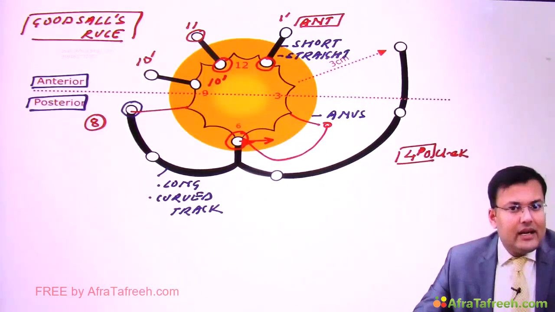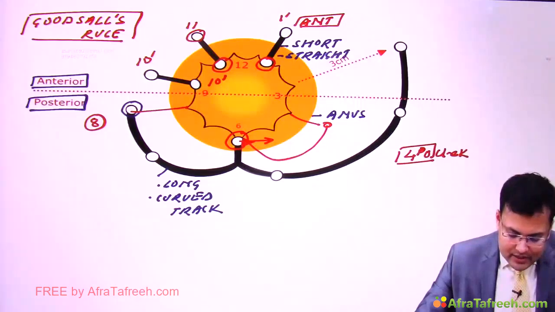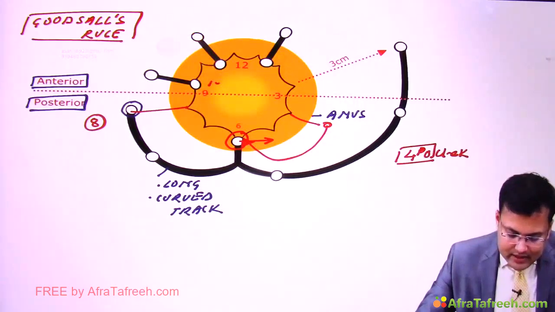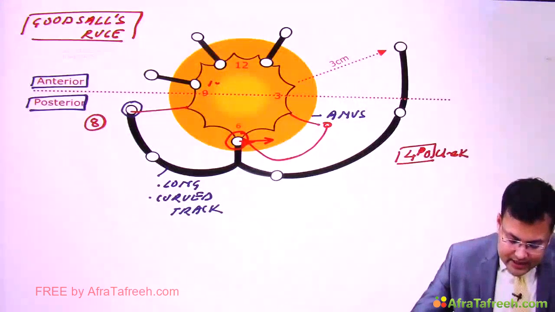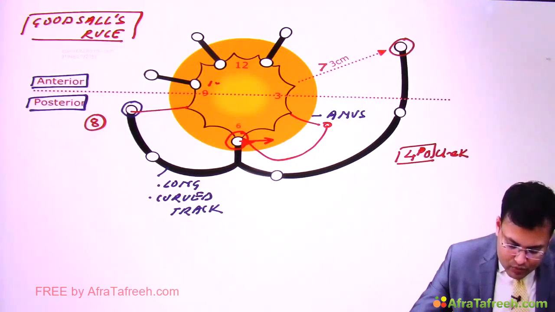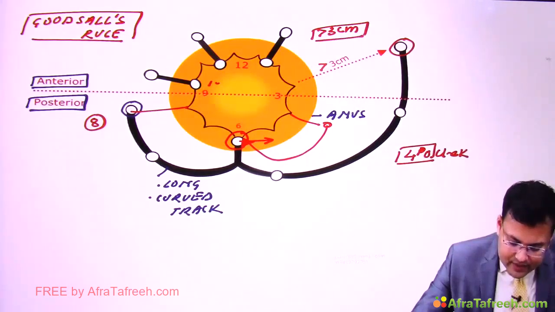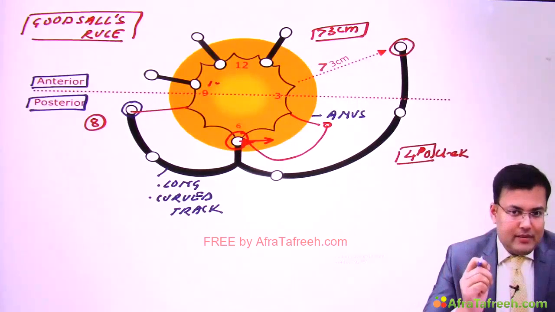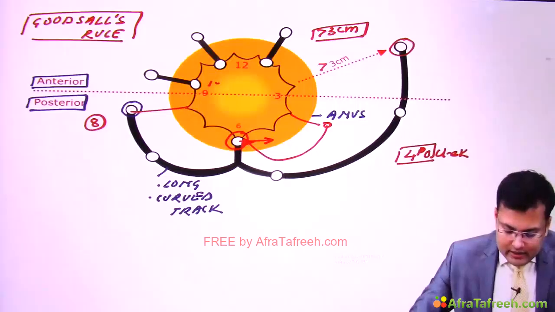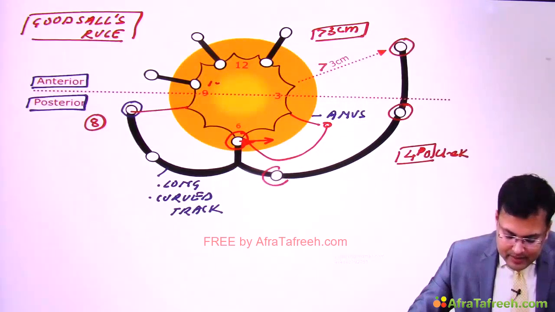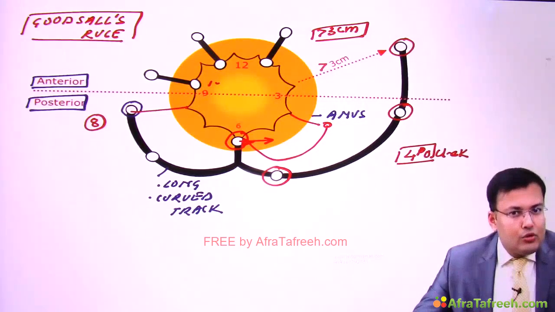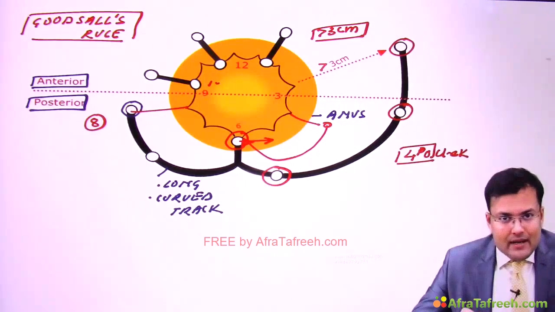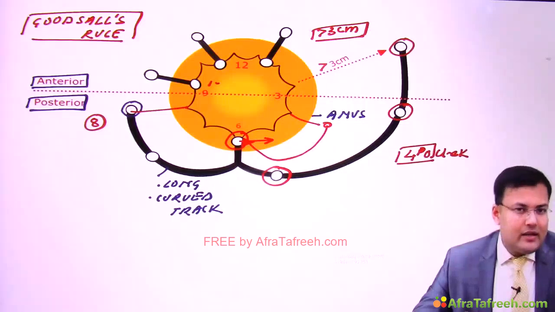But there are exceptions. So what are the exceptions? You can see the conditions in which this external opening is located more than 3 centimeter from anal verge. If external opening is located more than 3 centimeter from anal verge, or the cases in which there are multiple external openings, posterior rule will be applied. It means the internal opening will be at 6 o'clock position.